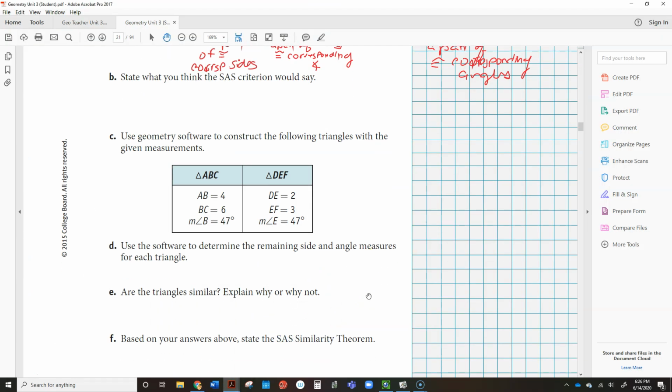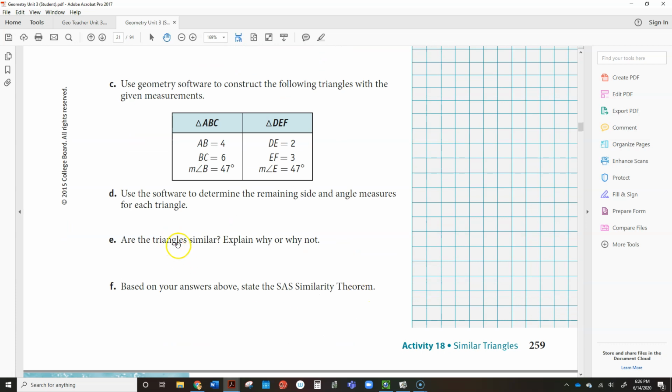Use the software to determine, are the triangles similar? Yes, they are similar because all the sides are proportional and the angles are congruent. Based on your answers above, state the side angle side similarity. And the side angle side similarity is if